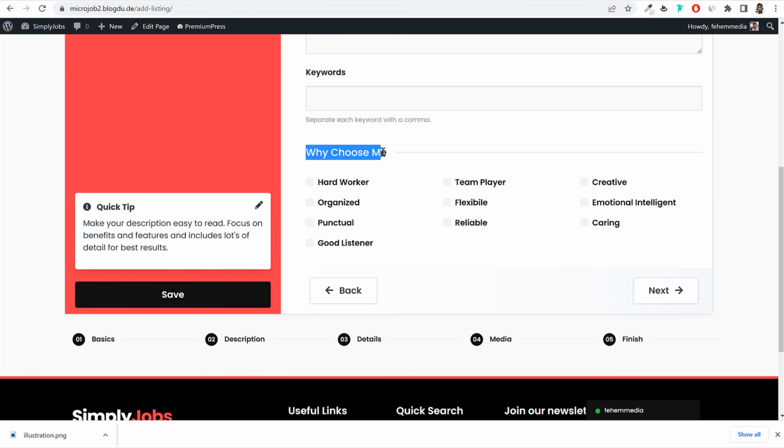And then after that, we have to add the features. So a person can add the feature like they are hard worker, organized, good listener, punctual. So let's see how we can control these things. Okay, these features that we have added, these are the demo features, or these are the automatically added features. If you want to delete some features from here, or if you want to add more features, let's see how